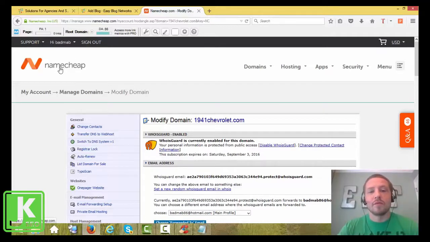And I like Namecheap. Even if I register it through an auction and it's not through Namecheap, I'll typically transfer it over to Namecheap so I can get that free Whois. And they're essentially the safest ones out there to use, in my opinion, or that I know of. So anyway, we are going to copy our domain name here. So Control C,